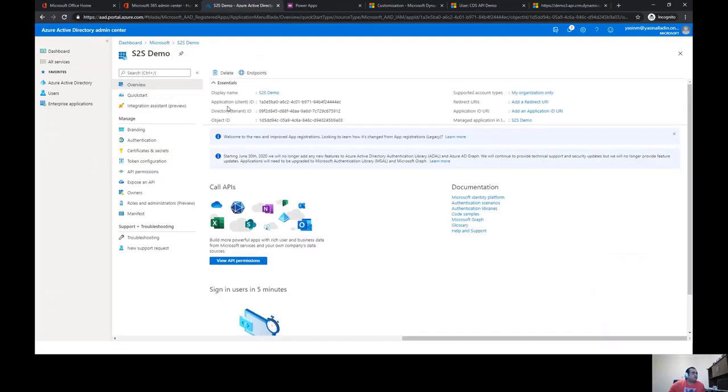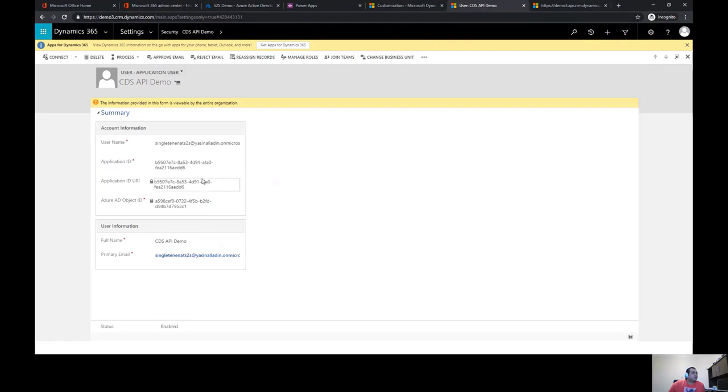So it would be this application ID that you would paste. Once you paste this application ID, CDS would access the URI and the object ID, and you can give it an email or information, whatever you want, and then you save it, right?